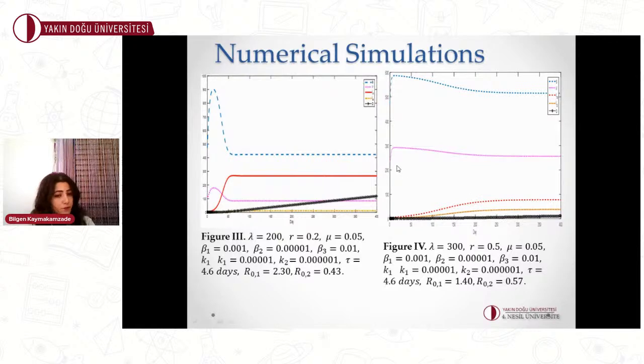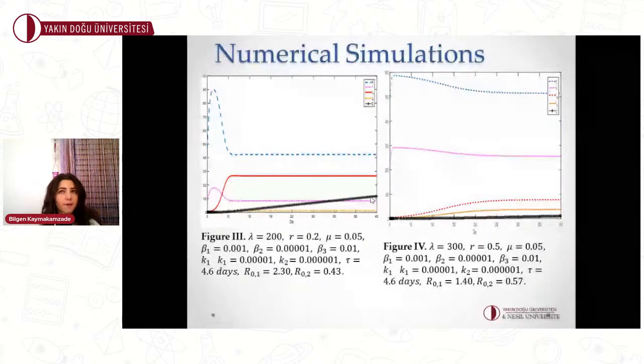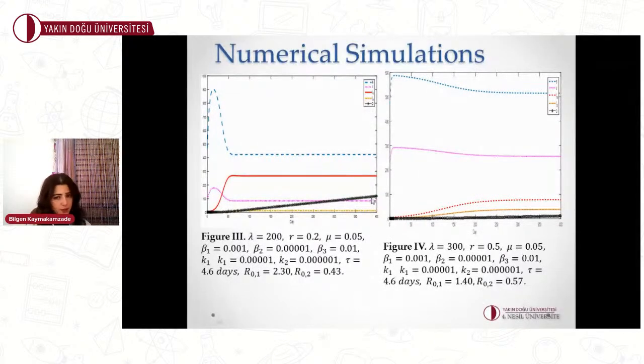And in the third one, we assume that the circulation per person is lower than the previous two, and we have 20% vaccinated persons. If we check this, still we have mildly infected disease. The R0 value is around 2.30. But if we check the death numbers, it's lower than the previous one. So we can say that the vaccine can help decrease the death rate for this disease, of course.